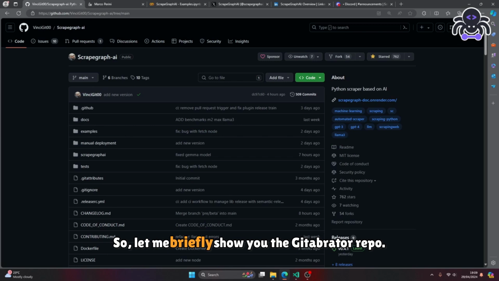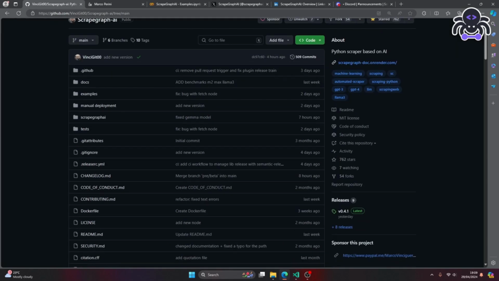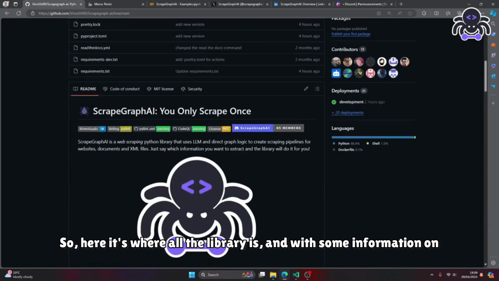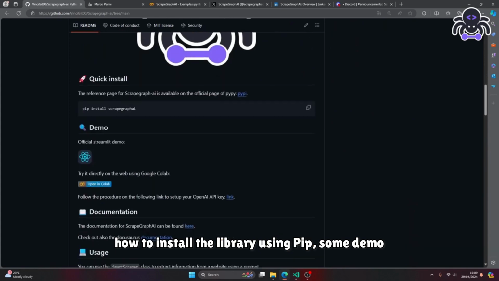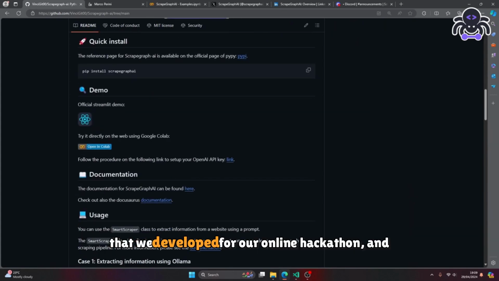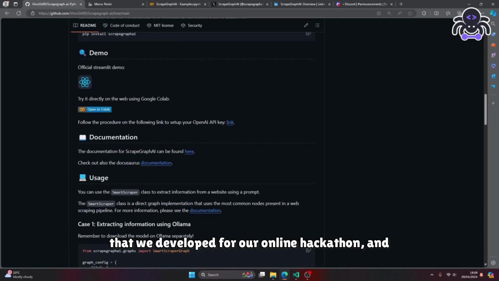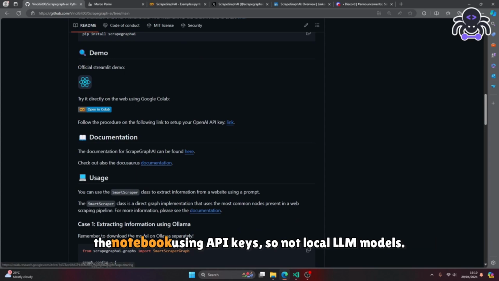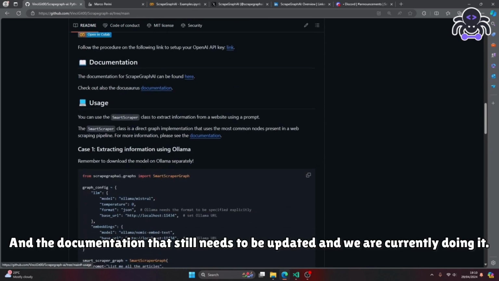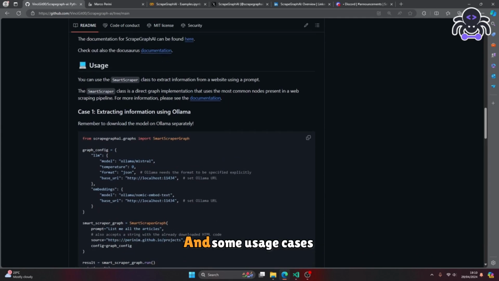So let me briefly show you the GitHub repo. Here is where all the library is, with some information on how to install the library using pip, some demos that we developed for our online hackathon, and the Colab link where there are some examples to use it online directly in the notebook using API keys, so not local LLM models, and the documentation that still needs to be updated, and we are currently doing it, and some usage cases